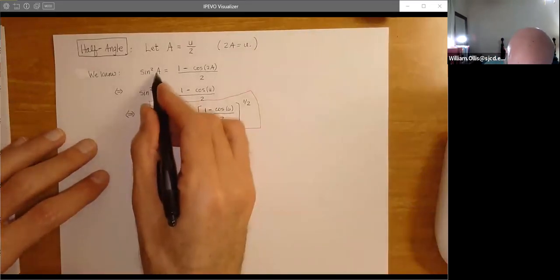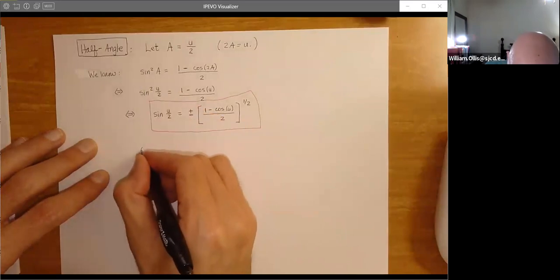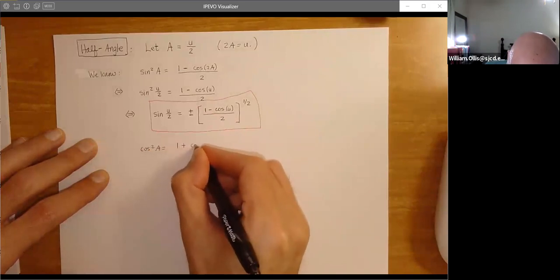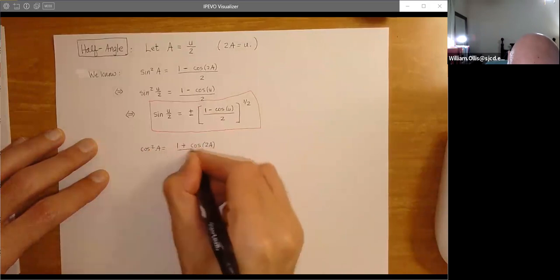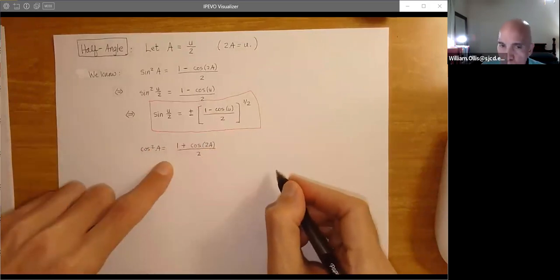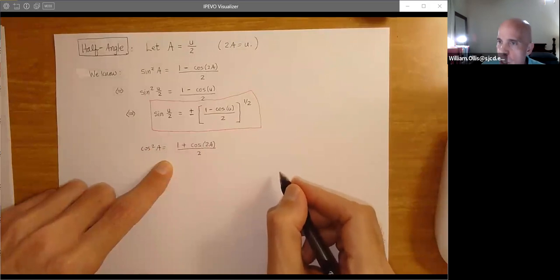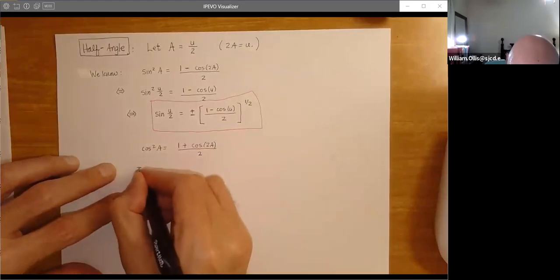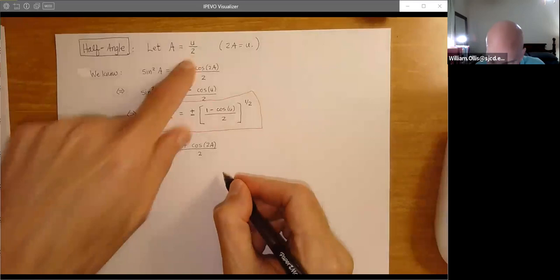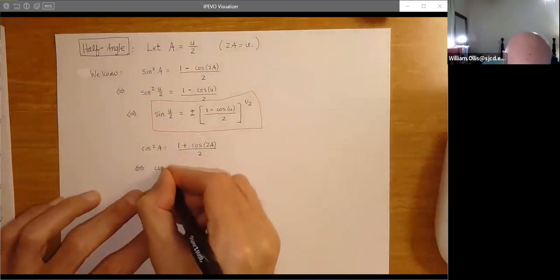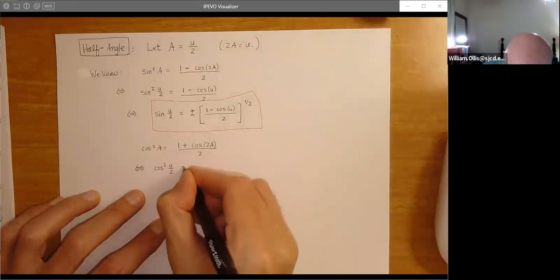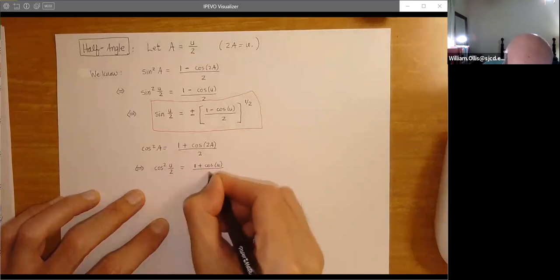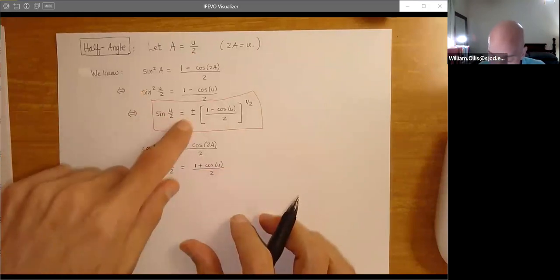Now, let's write down again what we know. We know cosine squared A equals (1 plus cosine of the double angle) divided by 2. You can spend time deriving these every day just to remind yourself, and then before too long you'll know it. So now let's do the substitution. A we replace with u over 2, a nice change of variables. Cosine squared of the half angle will be (1 plus cosine of u) over 2. And now, just like we did here, we'll apply the square root property.